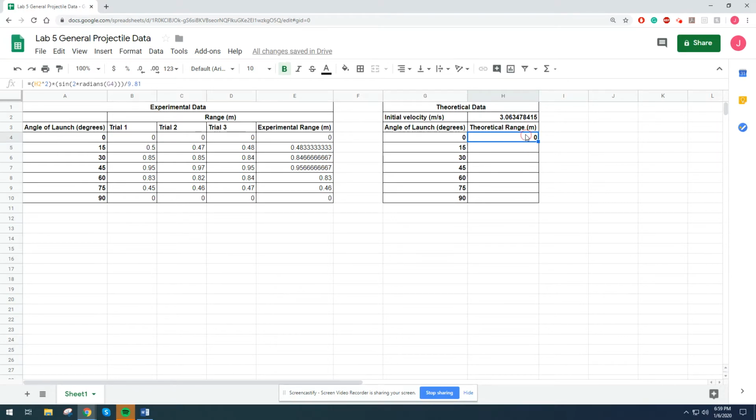That's what we expect. When you launch at 0 degrees, you should get a range of 0. Now, we also talked about this one little neat trick, is that when you're referencing this stuff and you drag